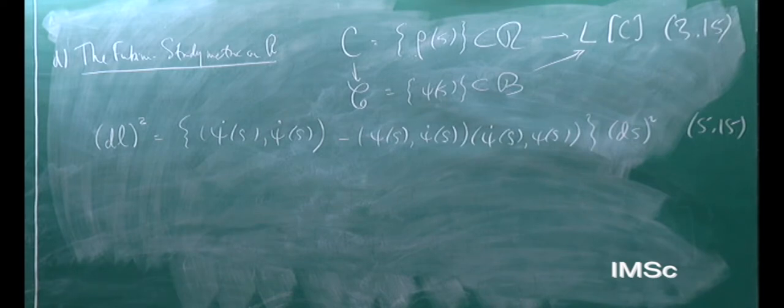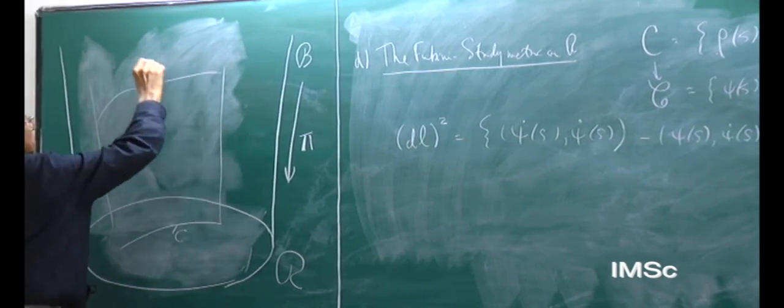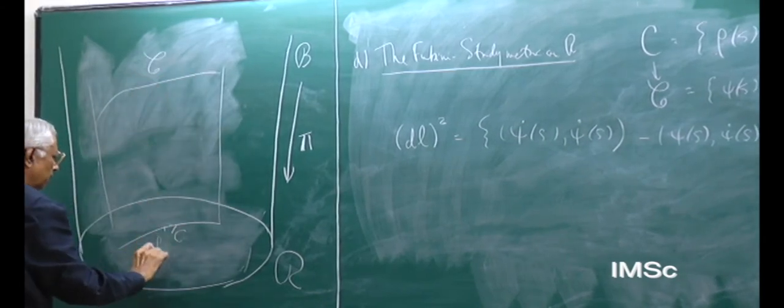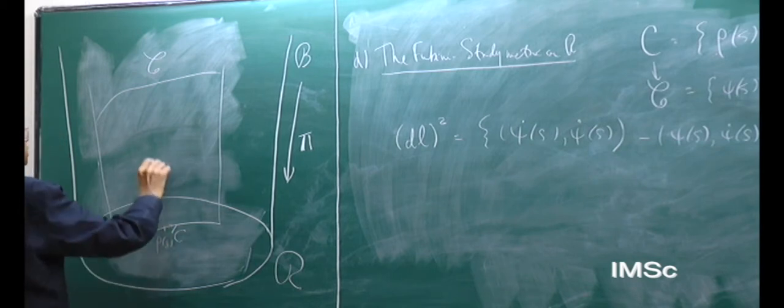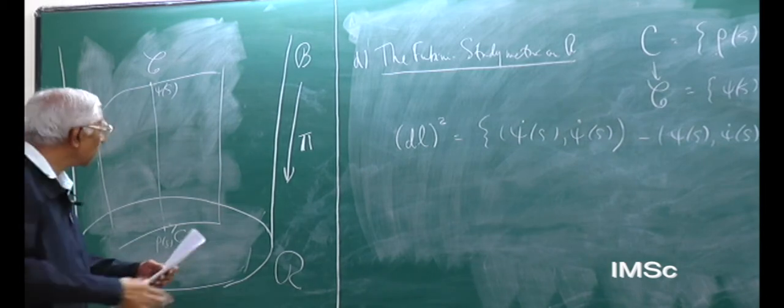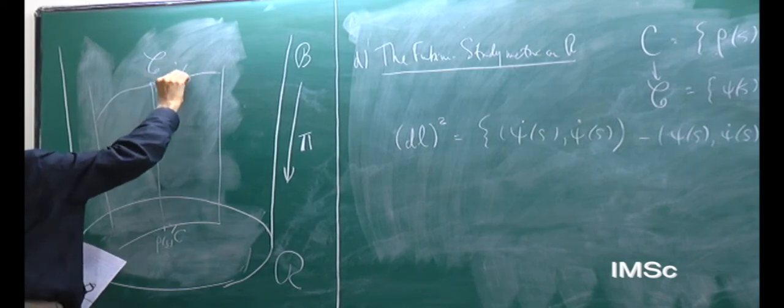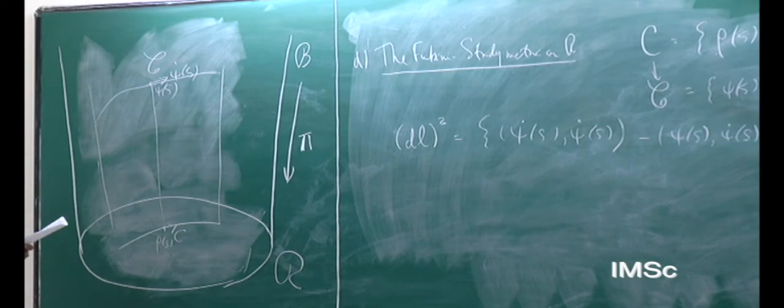It depends only on the curve that you are drawing. It does not depend on how you parameterize the points of the curve. So maybe it is useful now to modify this diagram a little bit. So here is some curve C, and here is any lift of it. And here is a point along the curve, and here is the vector along its lift. All right. And so psi of s is here, and psi dot is a tangent vector here, the velocity, and here is the expression for the square of the length.